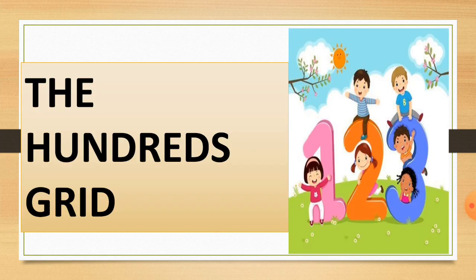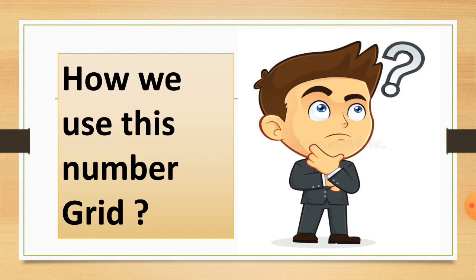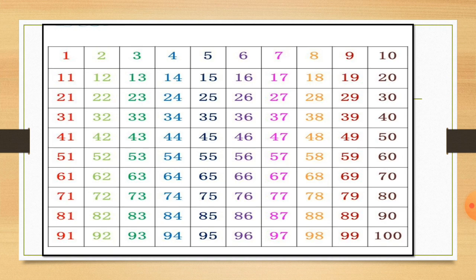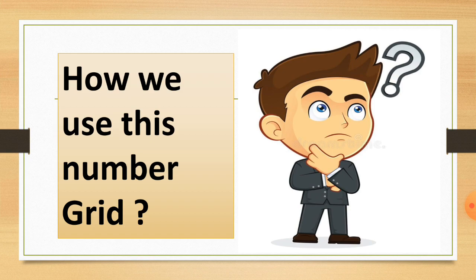Now the hundreds grid, how to use this hundreds grid, students? Do you know? Have we used this number grid? Any idea, all of you? Here is the hundreds grid. Hundreds grid means the numbers 1 to 100. So have we used this hundred grid for subtraction and addition? How do we solve the sums using this? So let's start. Using the number grid, subtraction and addition with a shortcut, you can solve this easily, and if you understand this, you will solve the sums easily in a second by yourself.